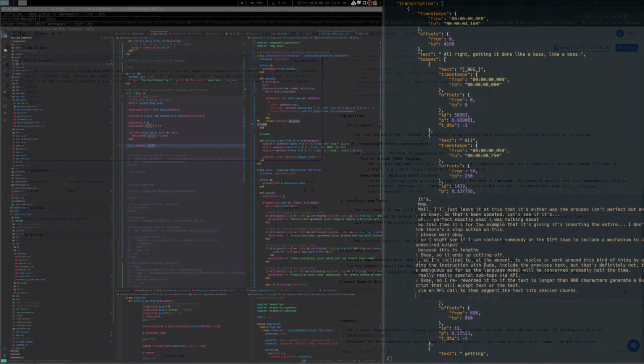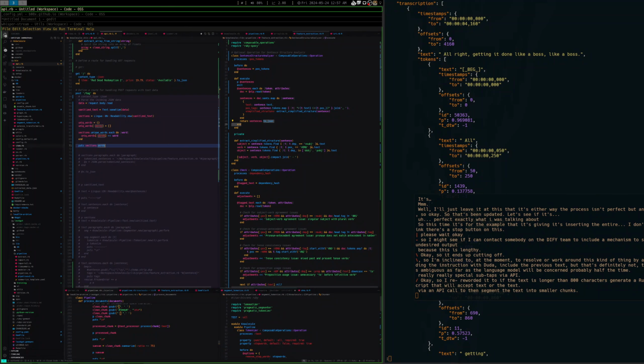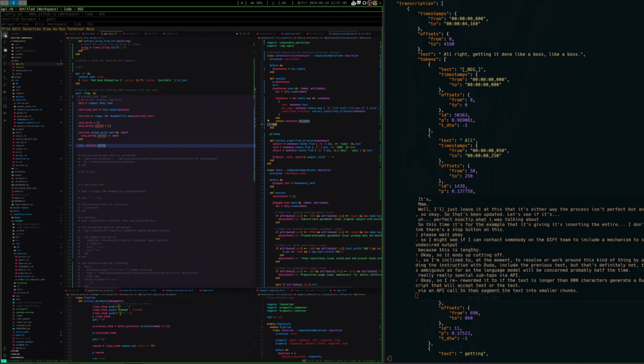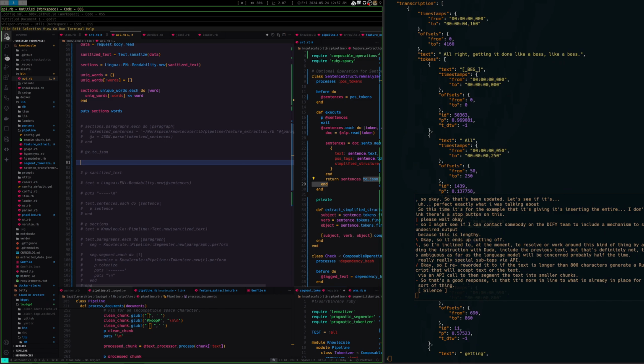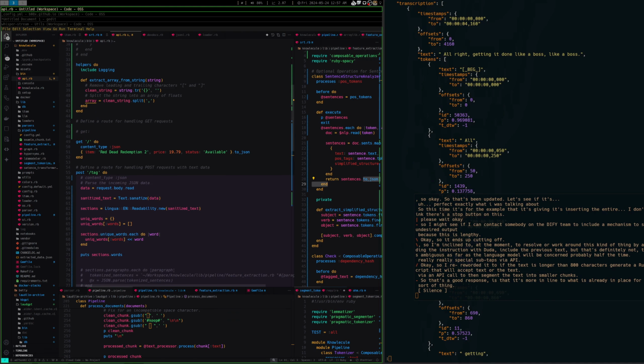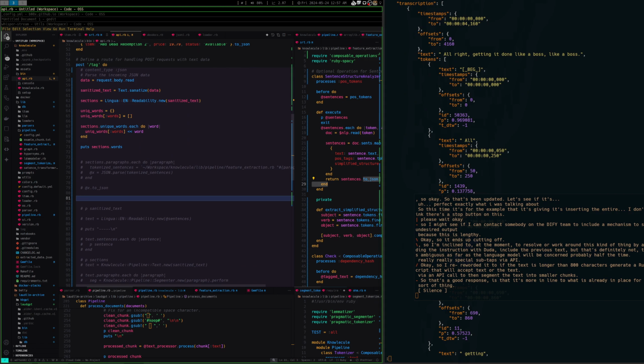So that's a good response, as that is more in line with what is already in place for this sort of thing. So as it stands right now, if this Sinatra instance is running, data or text sent is,